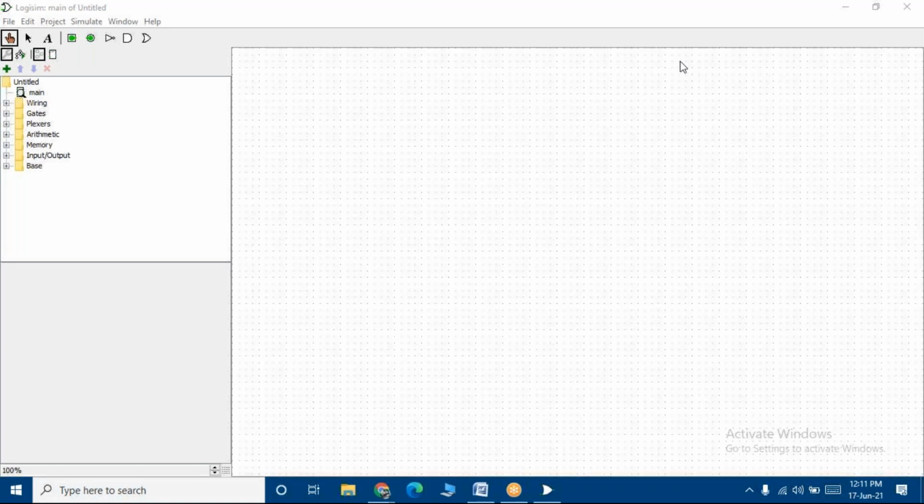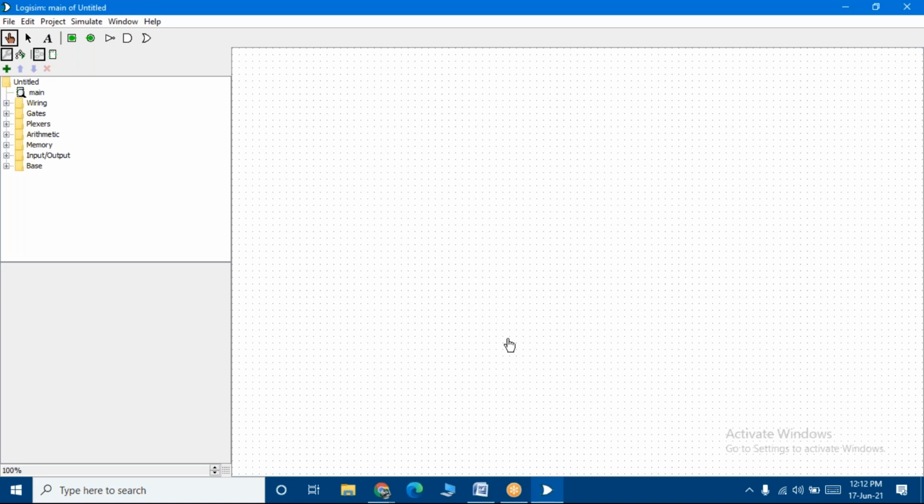Students, in the theory we have learned what counters are, right? We have already done enough problems on synchronous and asynchronous counters. We have done problems on mod 5 counters, mod 7 counters, and decade counters. We have also done problems on up and down counters. You know the up counter counts +1 and the down counter counts -1, right? So let us go ahead and design the counter. We'll design the 3-bit counter, students.